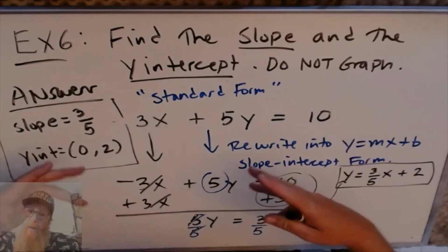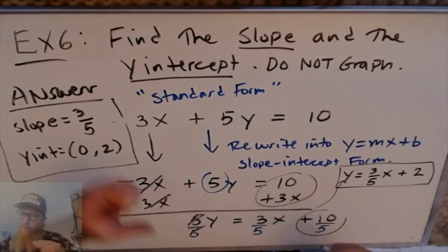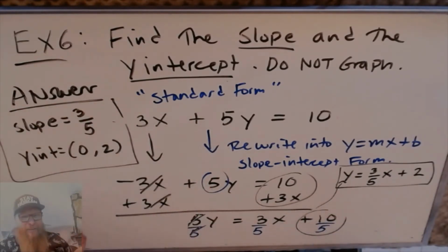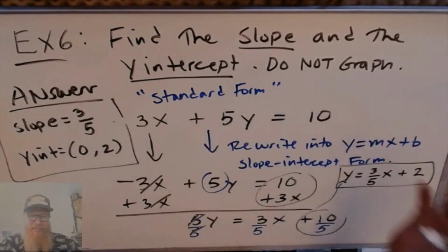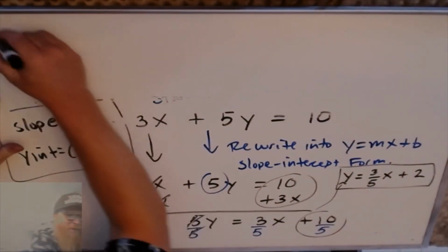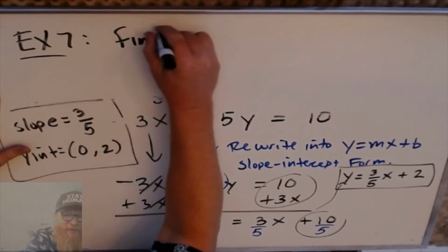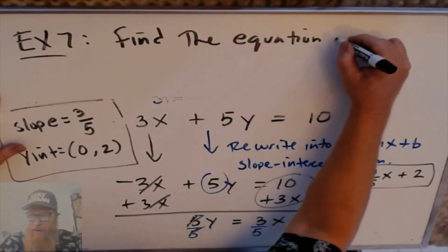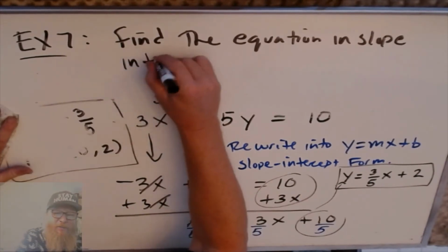Let's go the other way. I always teach questions like a coin. I want you to know heads, but I also want you to know tails of the same coin. So now we're going to flip it over and look at the tail side of the same coin. Find the equation in slope-intercept form